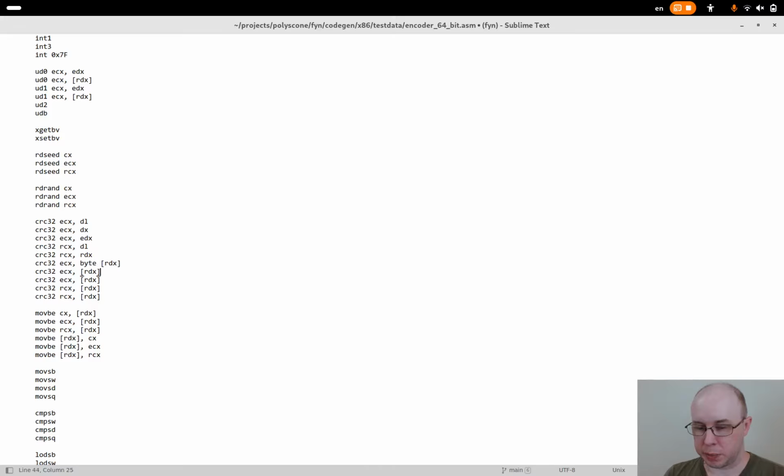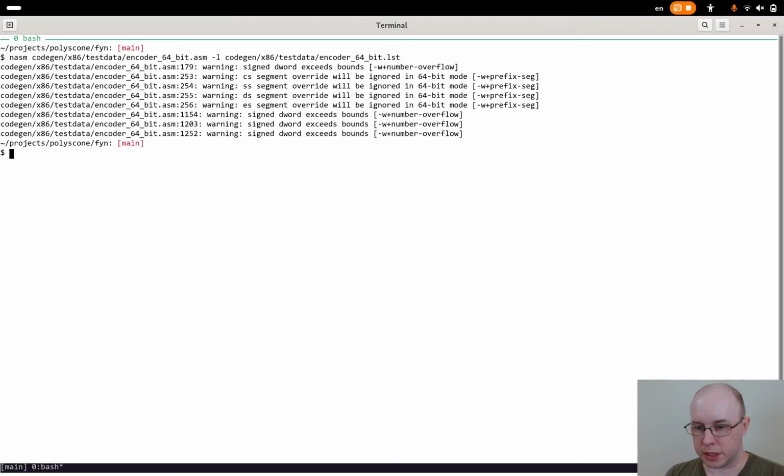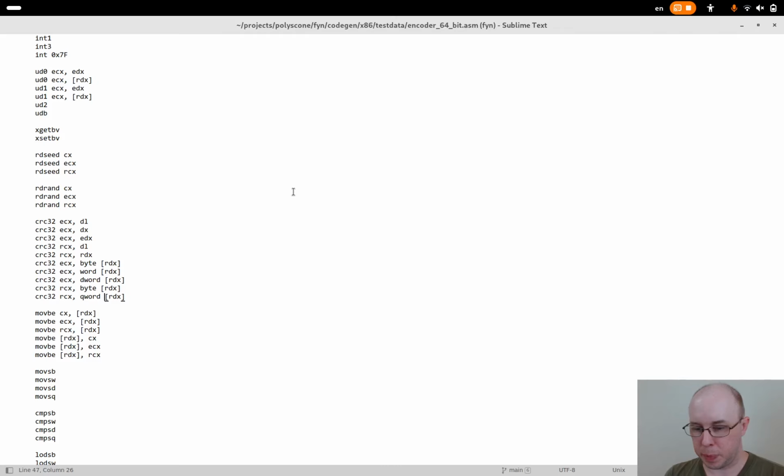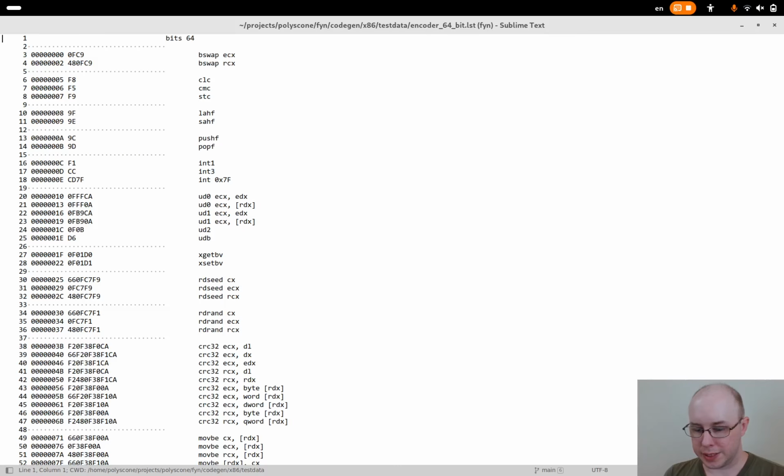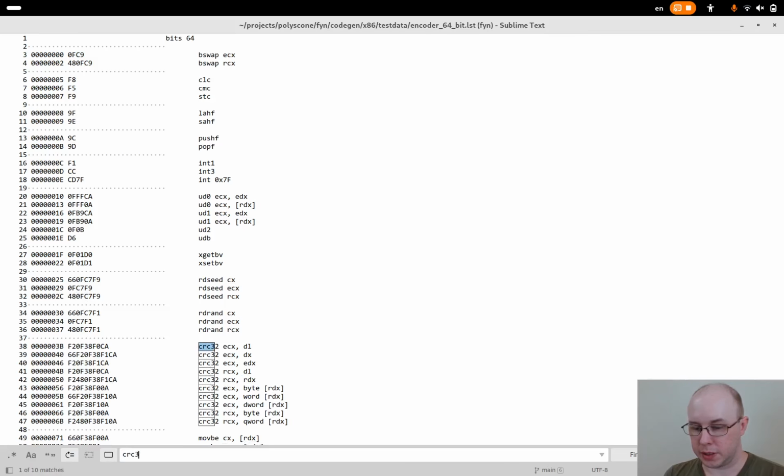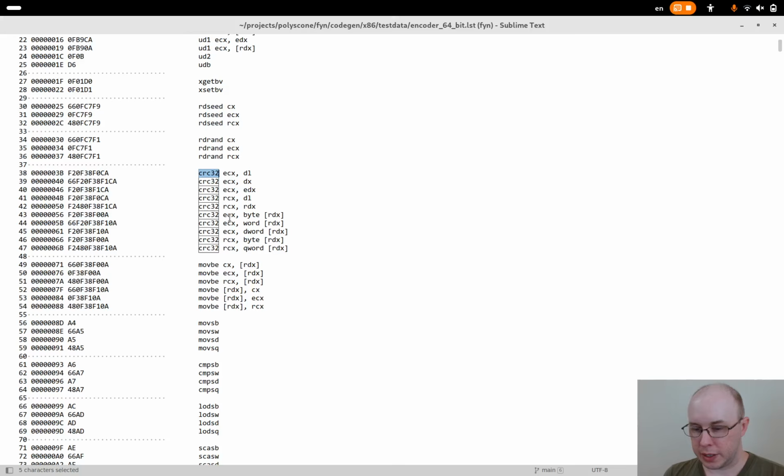So this one is byte memory. This one is word. This one is dword. And then this one here is bytes, and this one is qword. So let's just check that that's all correct. That all seems okay. But if I go to the listing and look at CRC32, down here, if we look